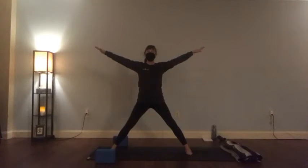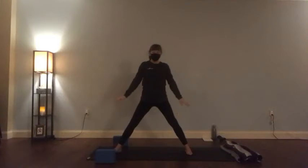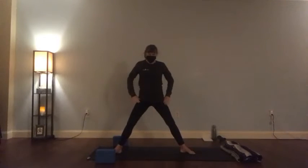Arms out a little higher than your shoulders are, so that you feel really easily into that shape of a five-pointed star. Feel the sense of the tailbone, not tucking under you, remember, but reaching back and down. Good. So one more breath there. And then bring your arms on down, and we're going to turn our toes out a little bit and come